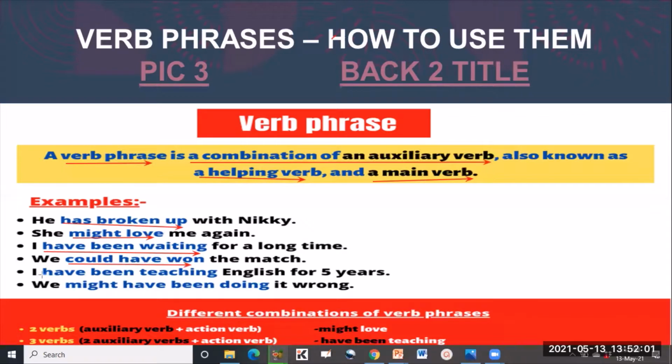The next example, I have been teaching English for 5 years. I have been teaching English for 5 years. Have been teaching is the verb phrase in this sentence. And the last example here is we might have been doing it wrong. So might have been doing is the verb phrase here. So this is exactly how we can use verb phrases correctly